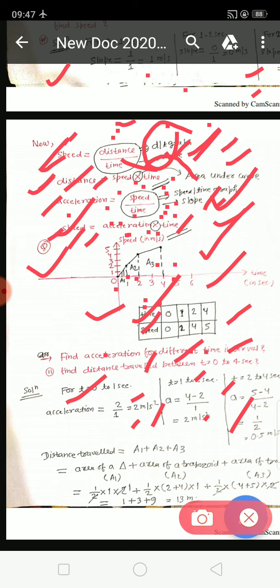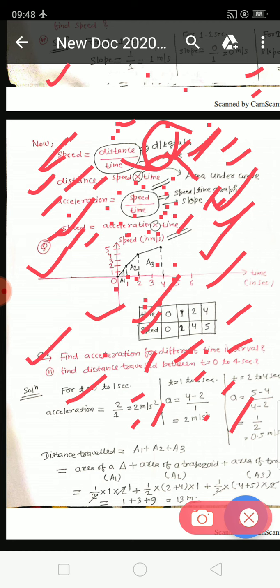Now you will see it by an example, and in the next lecture we will explain it more. But please listen carefully and go through my lectures again and again. I am repeating many times because you will understand these things when you revise and watch the lectures again and again.